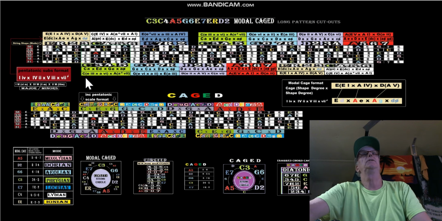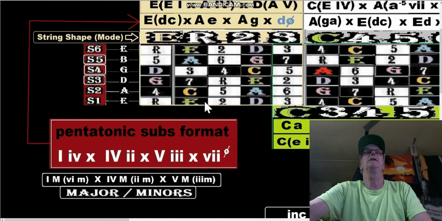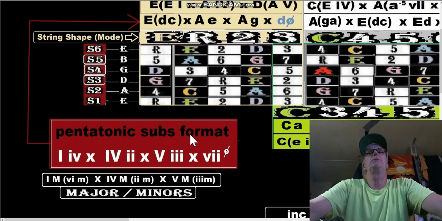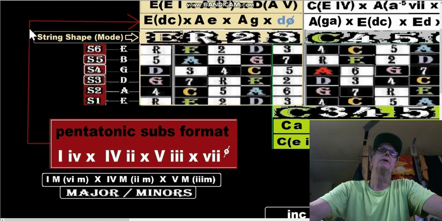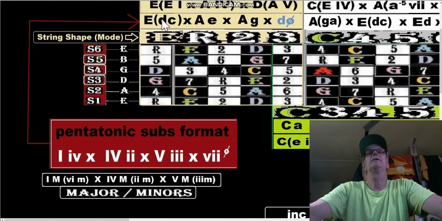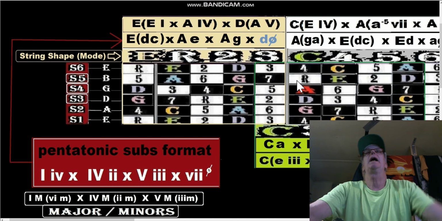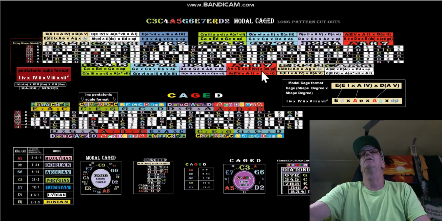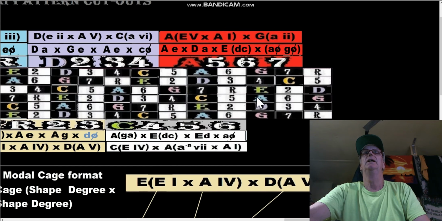So let's look a little bit at some of these legends here. Pentatonic subs format, 1 and its 6th, 4 and its 6th, 5 and its 6 is the 3rd minor, the minor of the 4th is the 2nd. And then we have the half diminished. We follow this line up here, and that's this format right here. Okay, majors and minors and the half diminished. The other format, I have it, is right here kind of thing. It's called